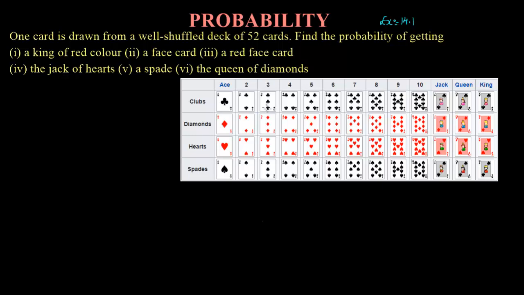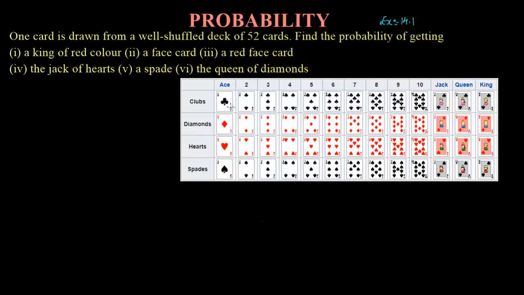In this video, we are going to solve the card related problem related to probability. This is question number 14, and we are going to solve questions 14 and 15 of exercise 14.1 of probability of the NCERT Mathematics textbook. Okay, so this is also a very common question that has been asked in exams related to cards.